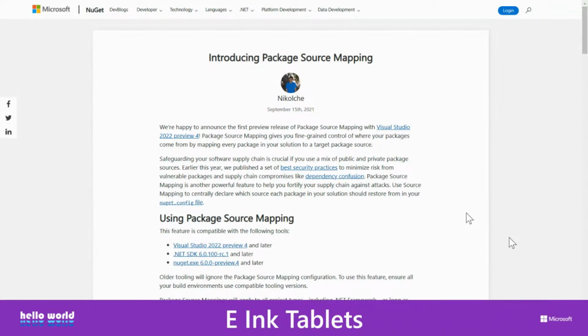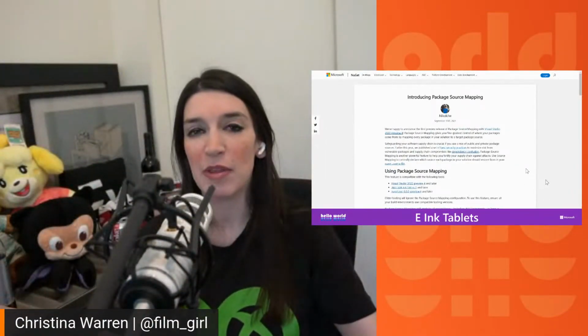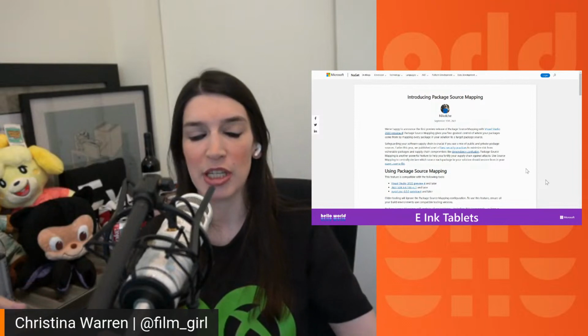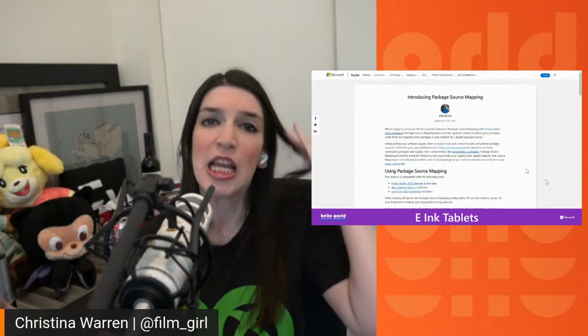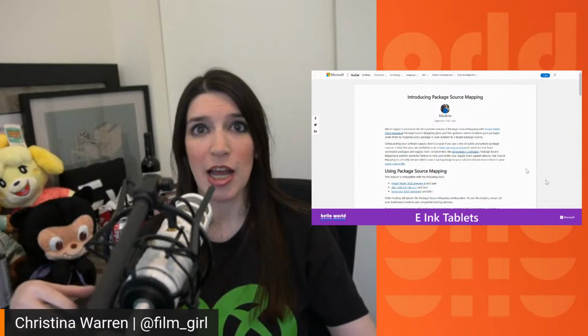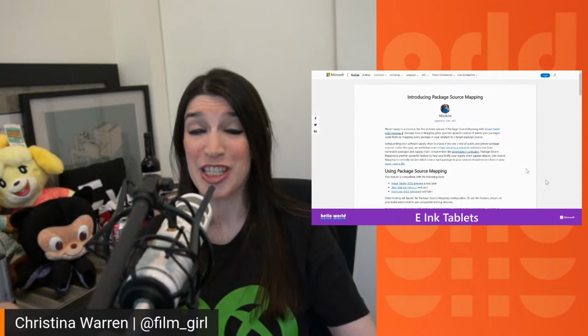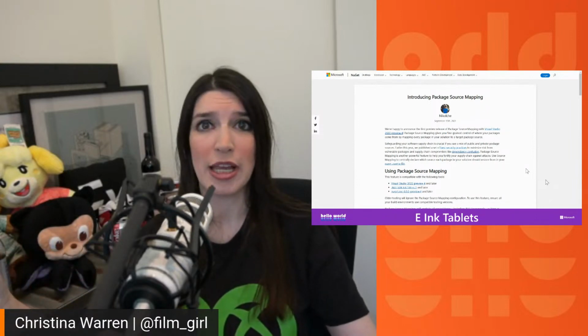But package source mapping, this is a new NuGet feature. This is actually really cool because a lot of times, when you have package sources and you're getting them from various repositories, sometimes they can be hijacked by ne'er-do-wells. Sometimes there are other security considerations. Sometimes things go haywire.